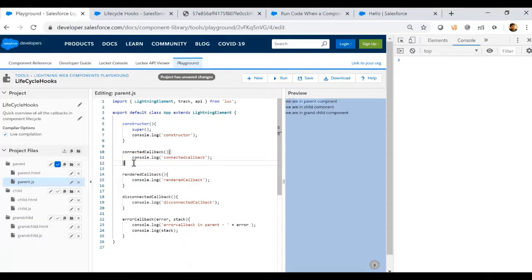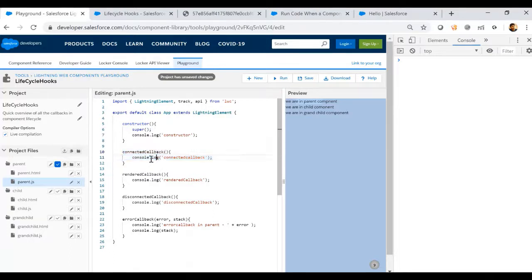Basically, connectedCallback will be executed first when the component is created, at a very early stage. After that, if we append any kind of child elements to the DOM, the connectedCallback will be executed again. Of course, we can ensure that it will not be executed again and again by having some kind of Boolean property or variable.